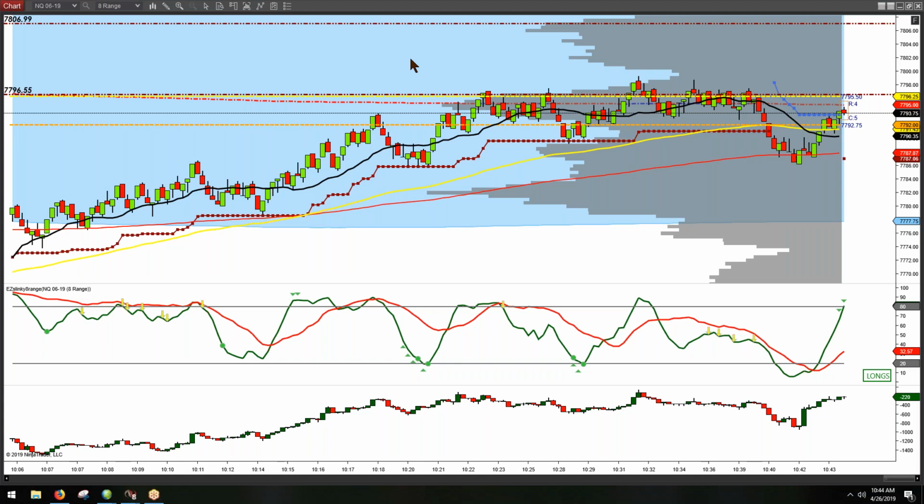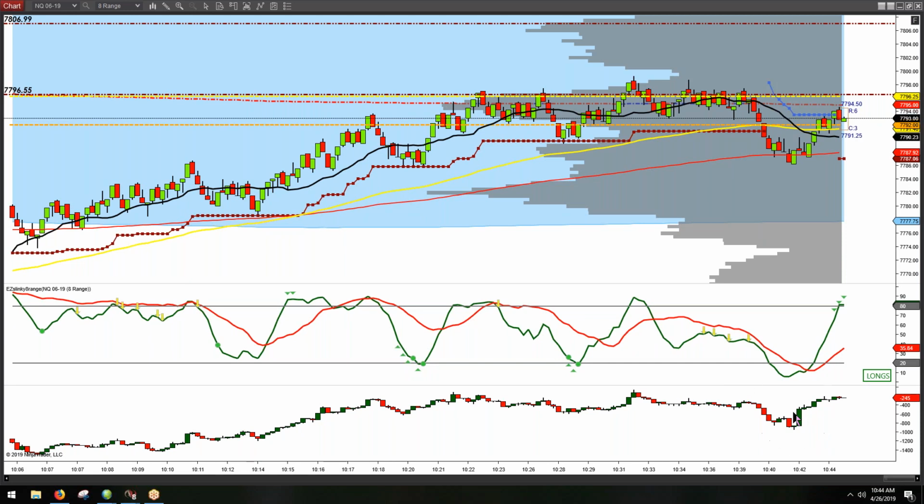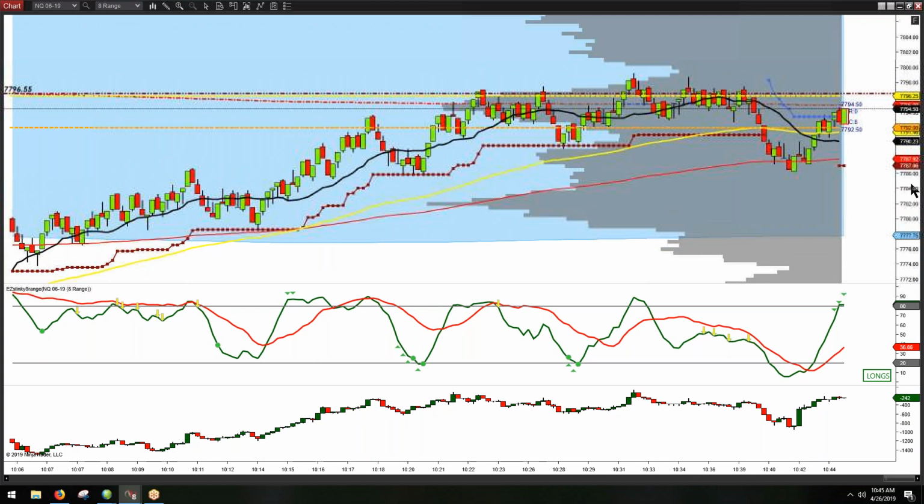Okay, so I'm looking at NQ. This is Ninja 8. It's going to be the same on Sierra, whatever platform you're using. Down here is the cumulative delta. I have this on an 8 range. It's not going to matter what type of chart you're looking at it on,